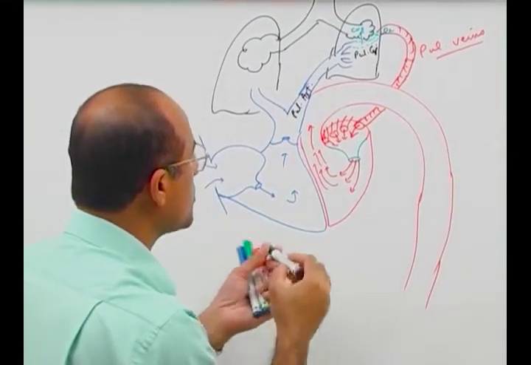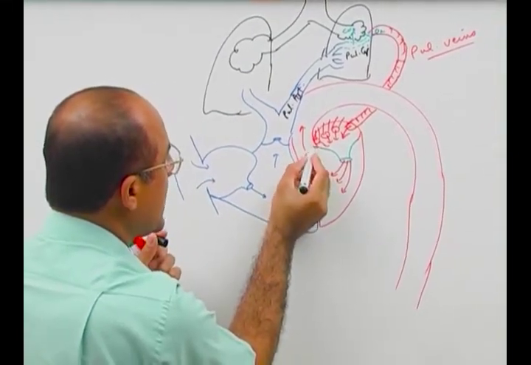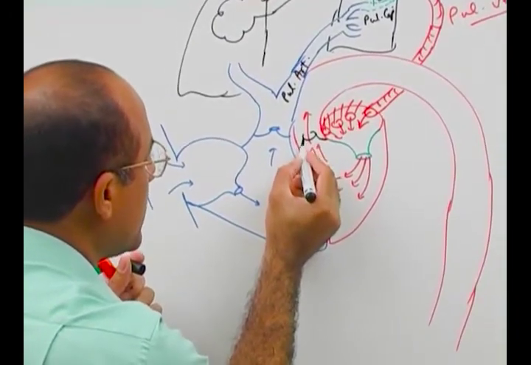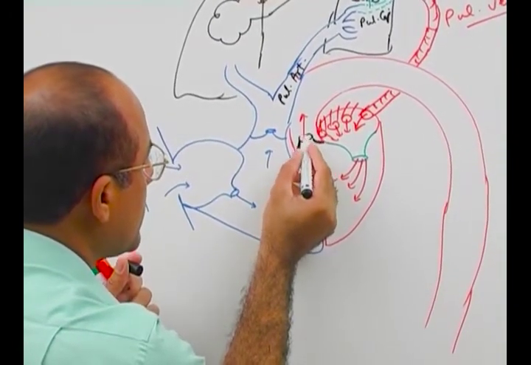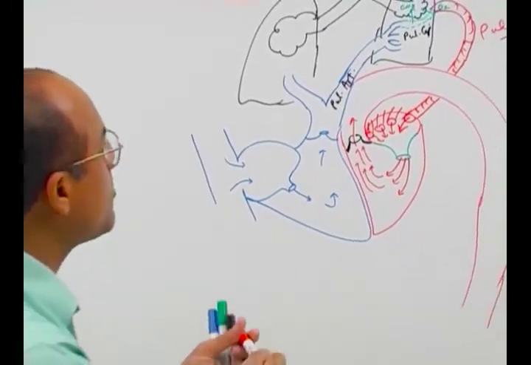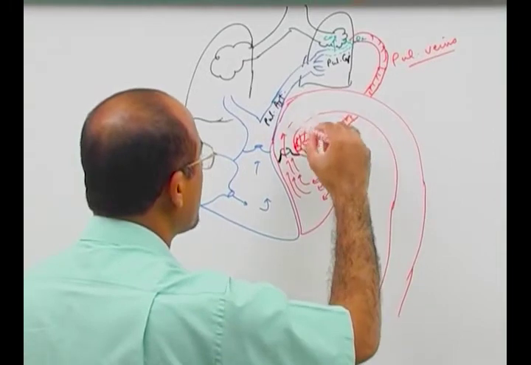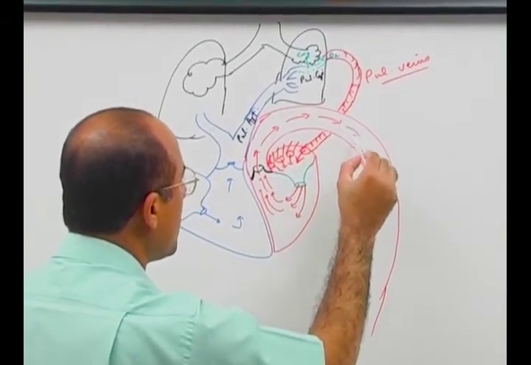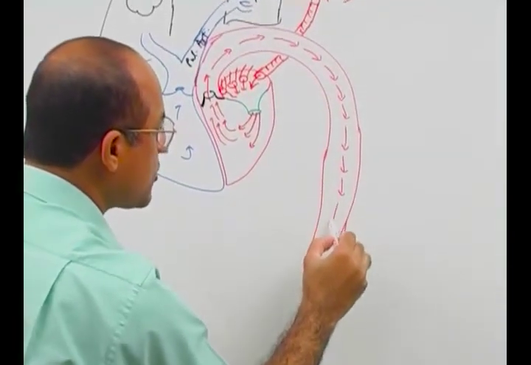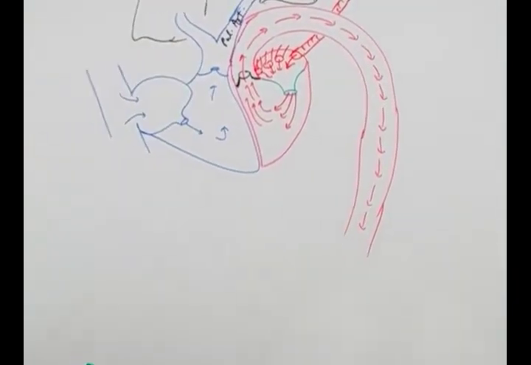And when blood is going to the aorta, between the left ventricle and the aorta, there is another valve here. What is the name of this valve? Aortic valve, right? And then blood will come to the aorta. And this oxygenated blood, when it's passing through the aorta, naturally the aorta gives its branches. Is that right? And this is called